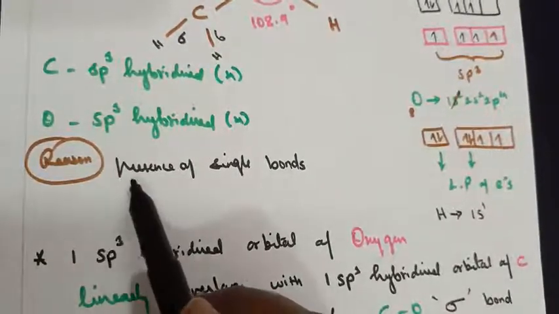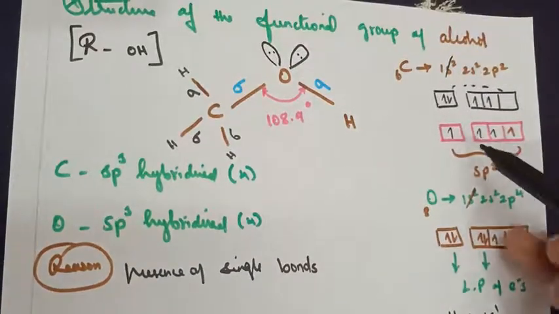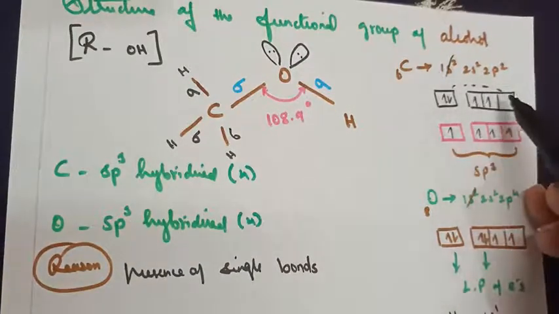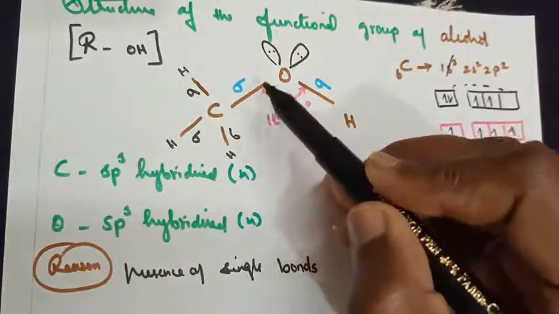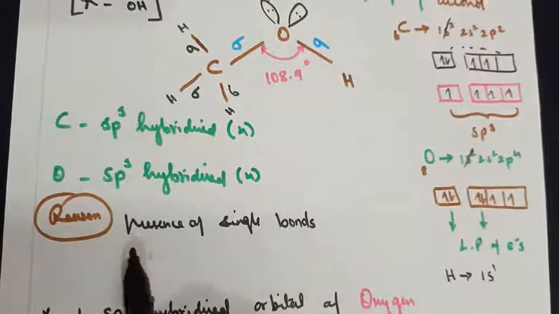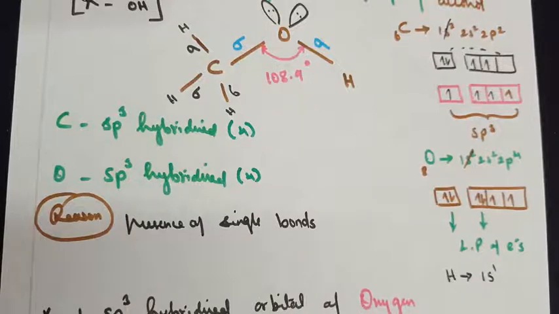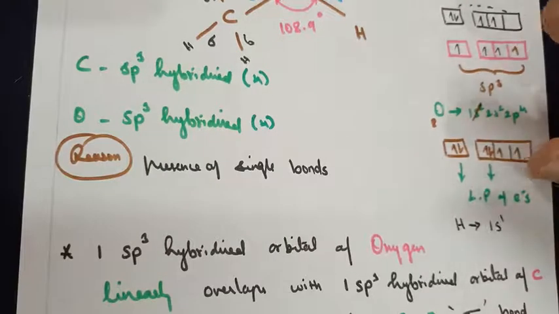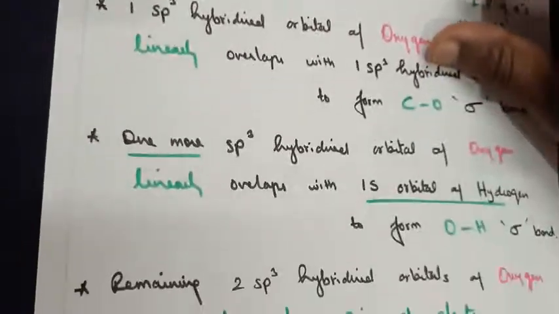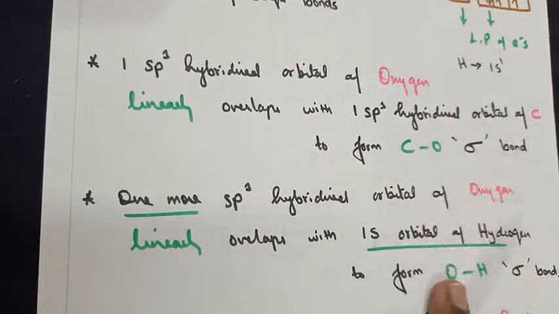Now, why do we say it undergoes sp3 hybridization? If you do not explain based on the electronic configuration, looking at the types of bond formed here, all these are single bonds. So one more reason for you to say, because of the presence of single bonds, they undergo sp3 hybridization. Whatever concept I explained to you, the same thing I have put down in terms of words, because this explanation is given in terms of assertion and reason questions from an exam point of view.